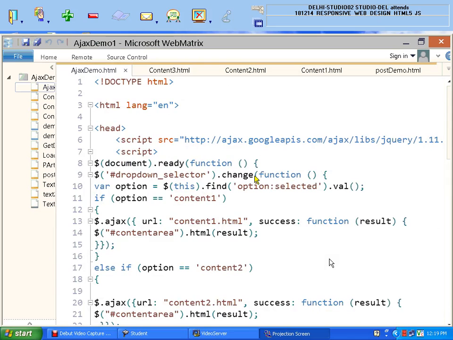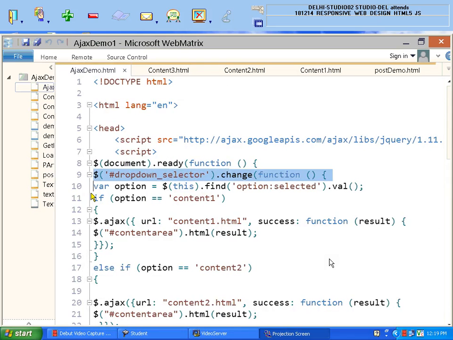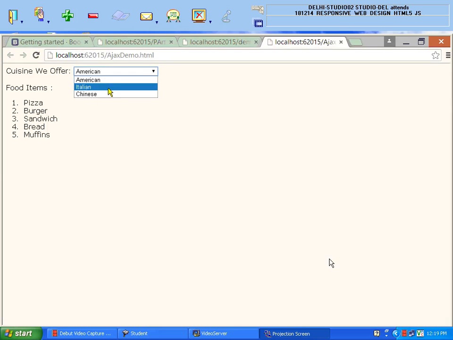In this file, in the beginning, I want to extract the value of my select box. When I use this example, I must know what is the value inside the select box.